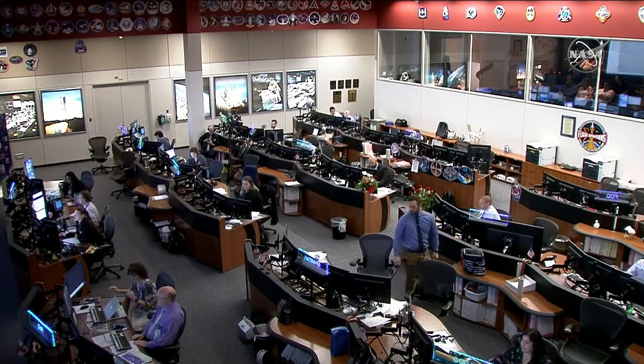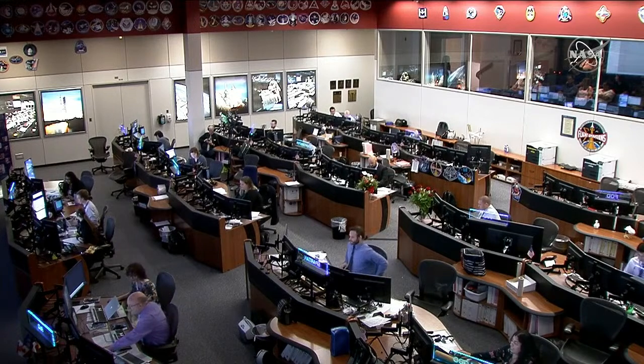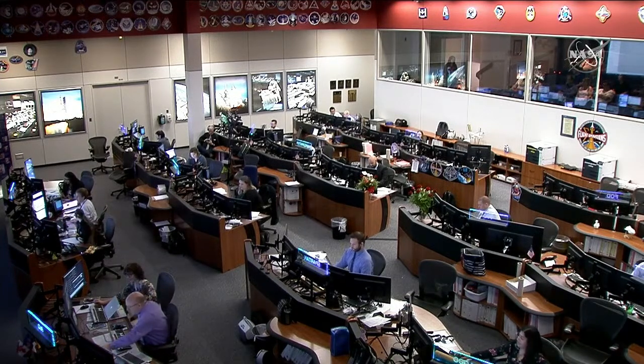Crew Dragon Freedom departed the station at 11:05 a.m. Central Time, 12:05 p.m. Eastern Time. Crew Dragon Freedom and the Crew-4 astronauts inside are currently in a coast